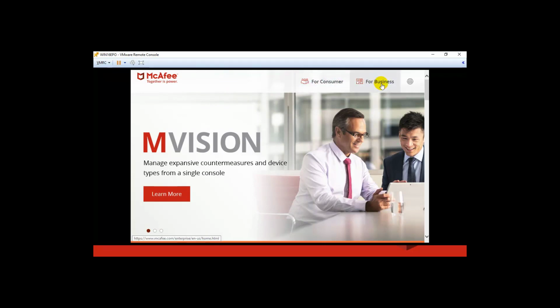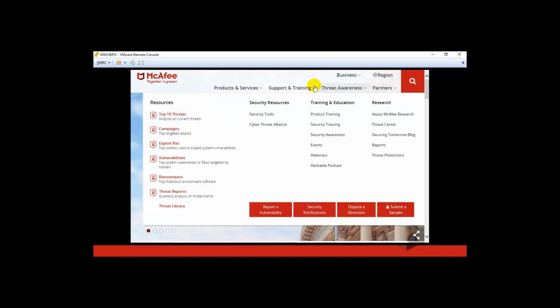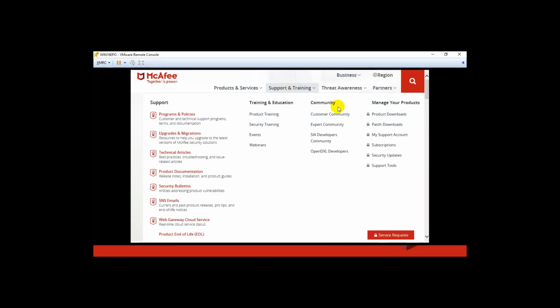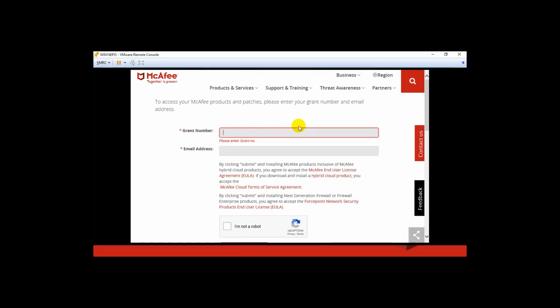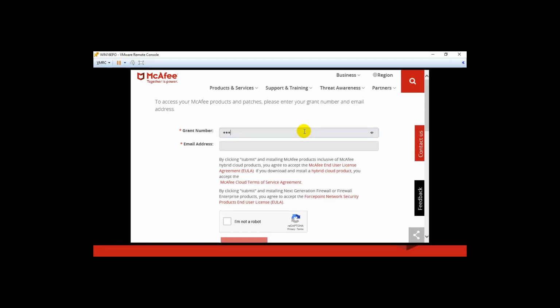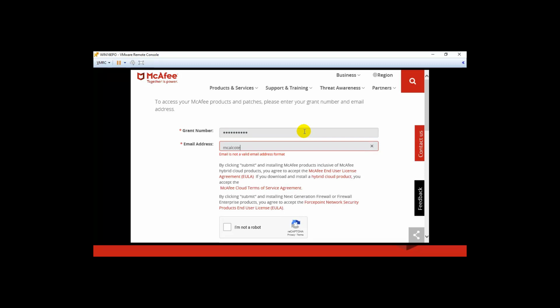When I go to McAfee.com, I need to look for the area where we can download these packages. So I'm going to click on For Business, and then this will bring up a support tab where I'm going to look for product downloads, and a link to this is in the PowerPoint that is demonstrated in this. Now I've come to our McAfee download product page, and here, if you've got a licensed version of any of our endpoint product suites, then you'll have a grant number, and you're going to place that grant number into this window. We'll place your email address here,